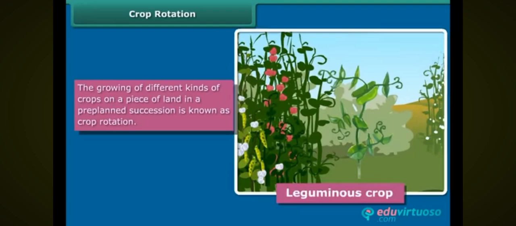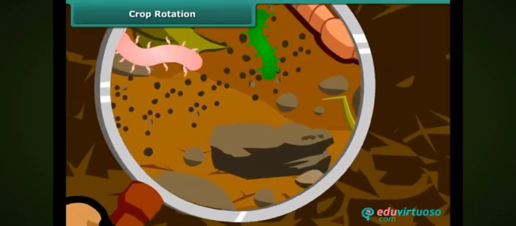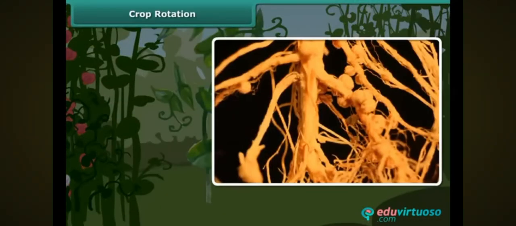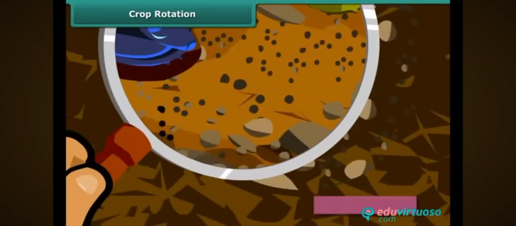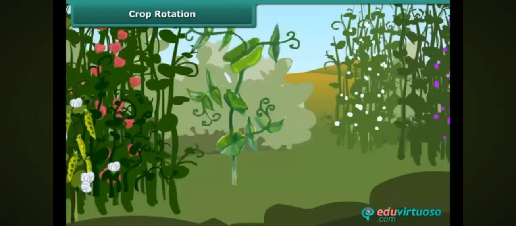So by rotation, a leguminous crop should be grown after a cereal crop. You will be surprised to know that some bacteria are present in the root nodules of these leguminous plants. These are known as rhizobium bacteria, which fix atmospheric nitrogen to form nitrogen compounds. When these nitrogen compounds go into the soil, it becomes more fertile. Thus, planting leguminous plants will result in nitrogen-rich soil, and when a cereal is grown in this soil, food grain